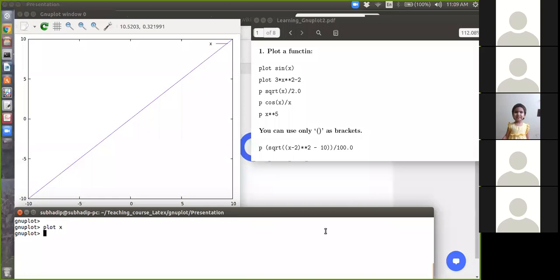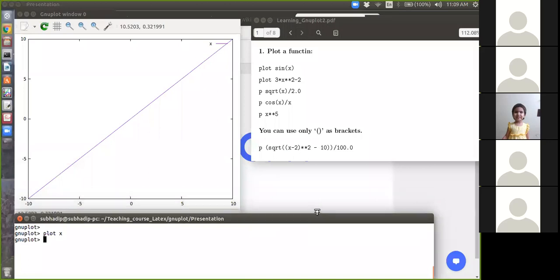Now I think it is fine. So plot x is done. You can similarly plot anything else. So let's plot sin x.